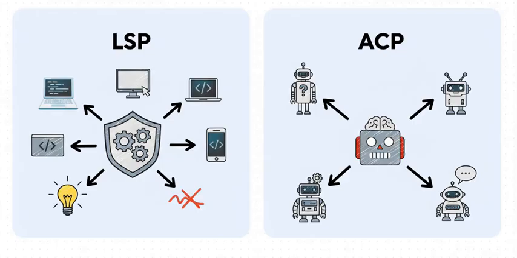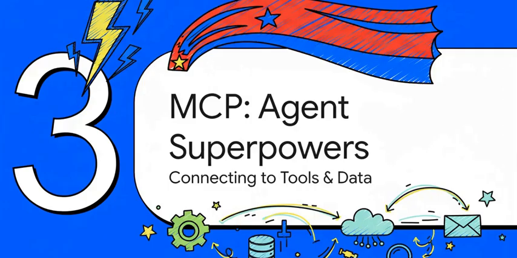And if you want to understand just how powerful this is, think about the Language Server Protocol, or LSP. LSP totally changed the game for editor tools by creating one single standard for things like code completion. Well, ACP is trying to do the exact same thing, but for AI agents. It's a brilliant idea that's already been proven to work. Okay, so ACP solves where the agent lives, right inside your editor, which gets rid of all that context switching. Awesome. But what about what the agent can actually do?